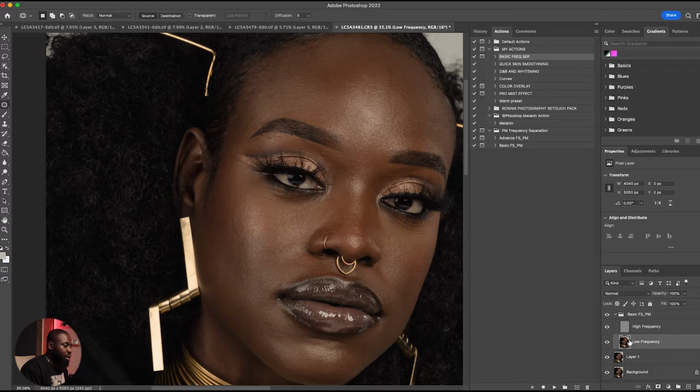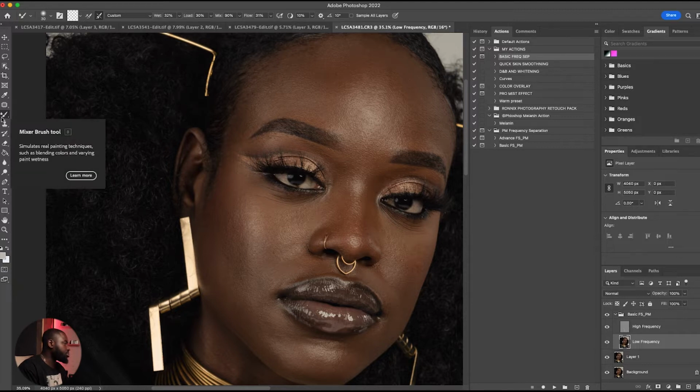When I click on it, I go to my low layer. That's how it works. So some people start on the high layer and do more blemish control. I love to start on the low layer and get my mixer brush tool. All I do is hold Alt as I click on the brushes to toggle between them. Now this is the mixer brush tool, and what this tool does is literally mix two